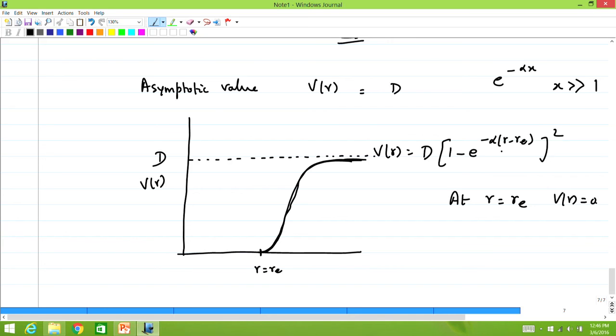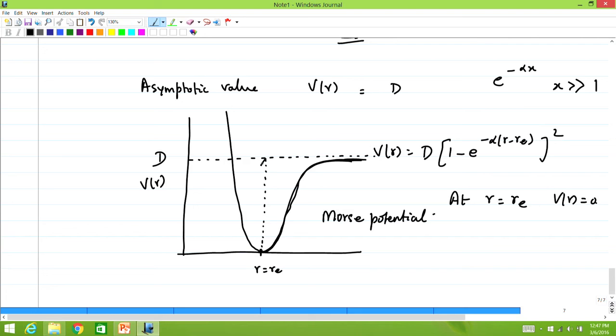r compared to Re, and when r is less than Re, please remember this is negative, and therefore the exponential has a positive exponent, therefore the exponential increases, and this is a square. So, 1 minus this is negative, but the square of this is still increasing. Therefore, you see this increases very, very quickly, very, very steeply. This is the shape of the Morse potential, in which the D is the